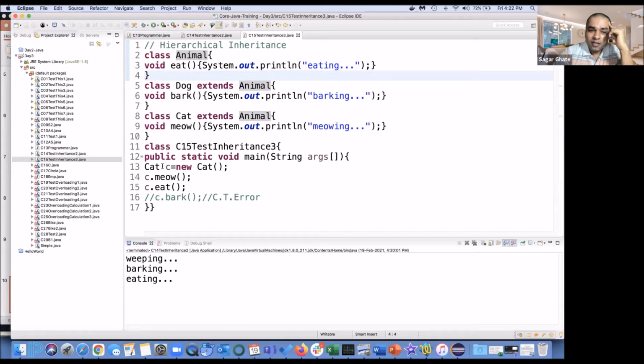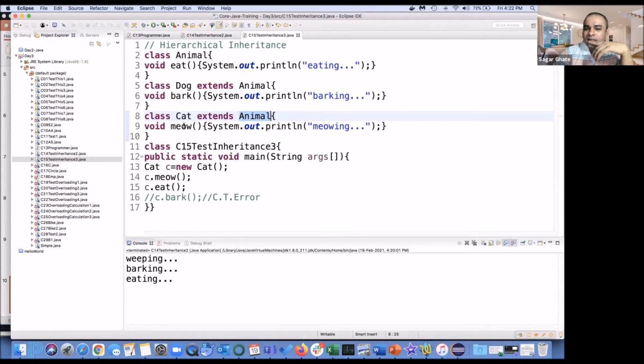And suppose I create an object of cat, C, and if I do C dot meow, it will go and see, okay, the function is there, and it is going to print this after execution. If I do C dot eat, it's going to work also, because it will get it from animal. But I cannot do C dot bark.